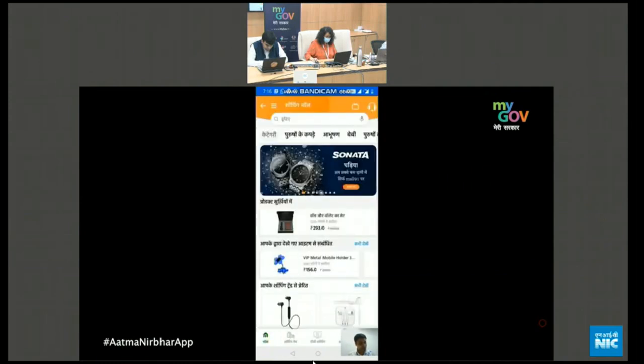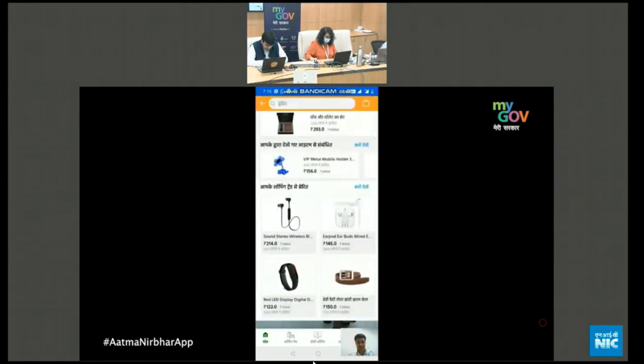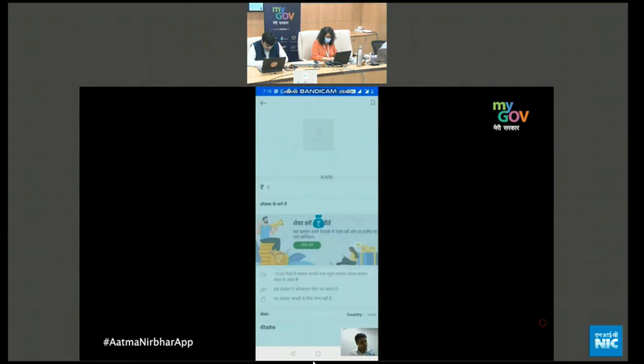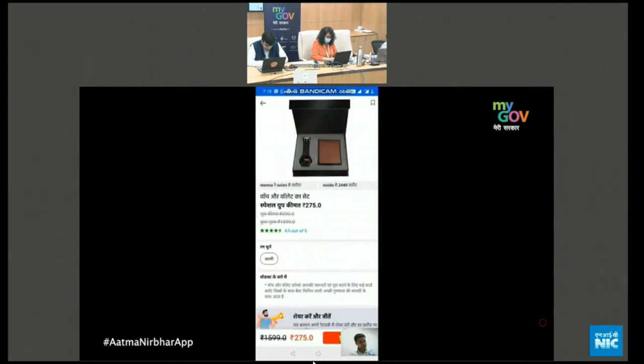Now let's go through one full purchase experience and see how the group shopping concept works. So let's say I want to buy this product, a watch and wallet set, and you're able to see that while the original price is $15.99, it is at a hugely discounted price of 275 rupees when it's bought in a group at that particular pin code. So let me just click on group Khareed,